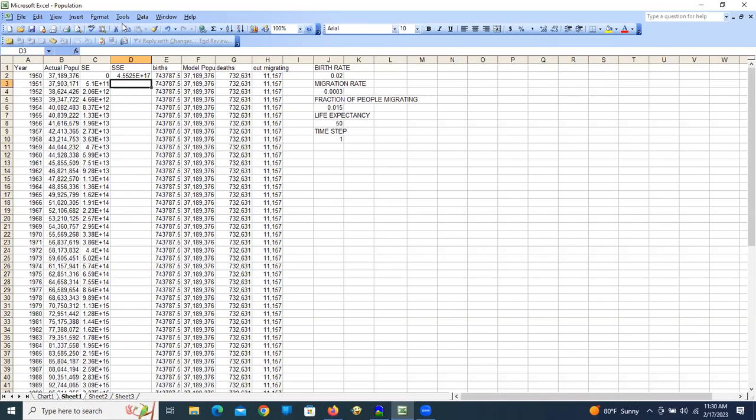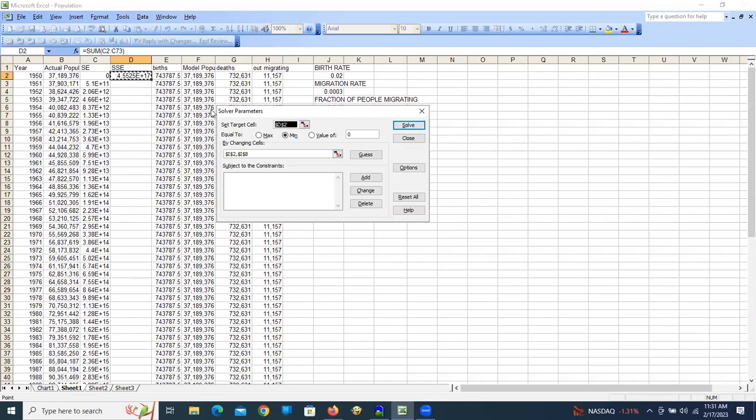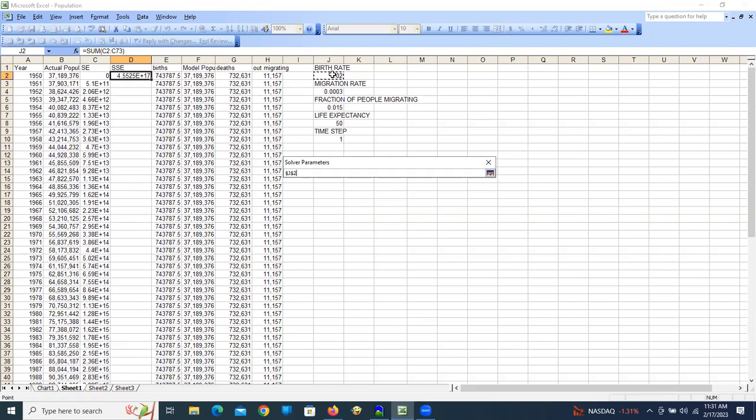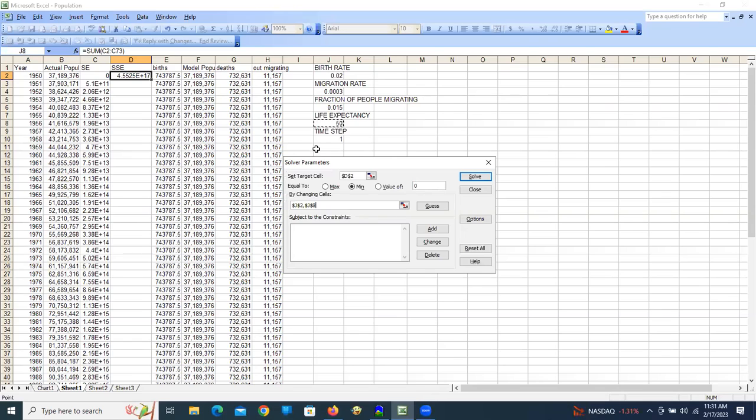So now I'm going to use something called a solver, which is a built-in add-in for Excel. I'm going to minimize this cell. I want to get the minimum sum of squared error, and I'm going to change just 2 parameters. I'm going to just change the birth rate and the life expectancy. And I'm going to try to get a match between the model data and the actual data. So if I run the solver,